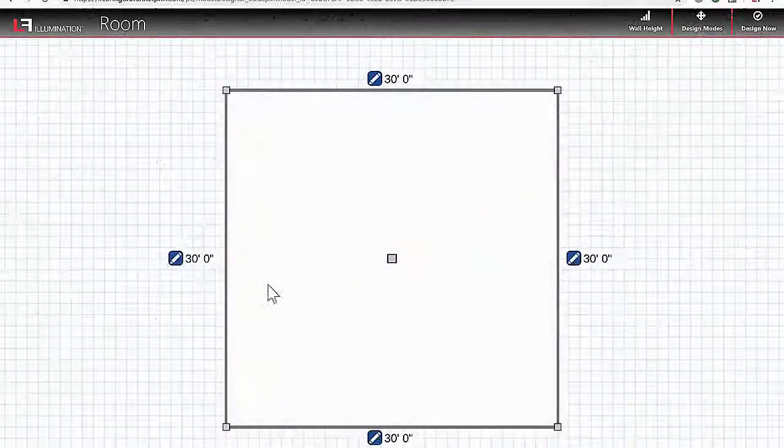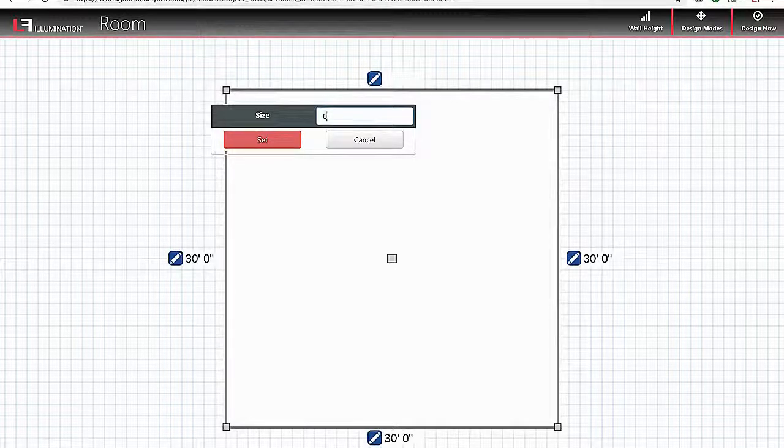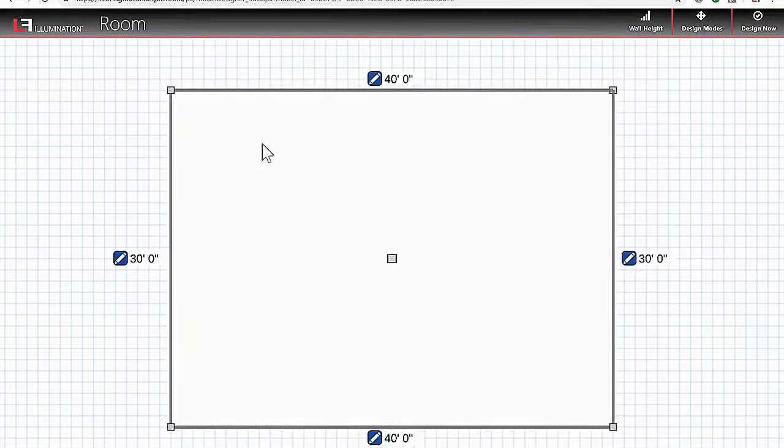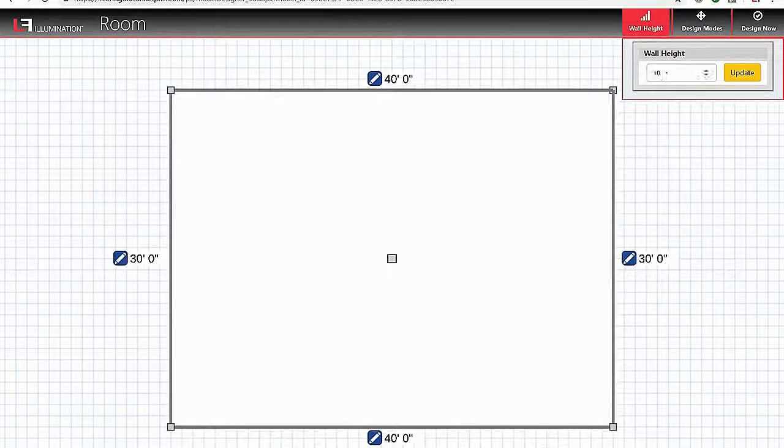A room configurator. So when you first start here, you can say, okay, this is a 30 foot by 30 foot by 30 foot room. If I want to make this a different size, I can just click on it. I can make this 40, set it. So now you're going to be a 40 by 40 by 30. I can choose the wall height. So if I want to move this wall height to 12, I can update that,